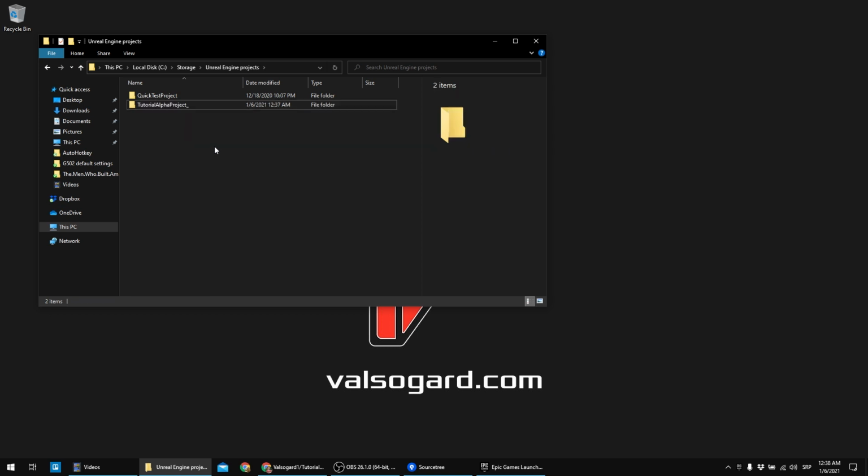And now I'm going to show you why. That's because when you want to clone your repository from GitHub, it doesn't allow you to do so if you already have the same name of the project present in your folder. So that's why I've renamed this folder, but I'm going to create the exact same folder just in a second